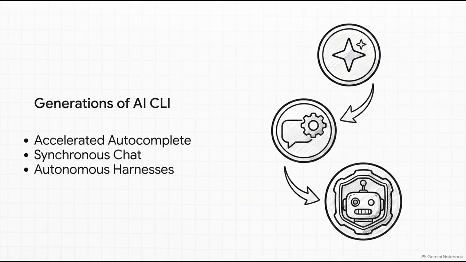Now we are fully entering the 3rd generation of autonomous harnesses, like Antigravity. These systems can ingest high-level requirements, formulate multi-phase plans, and run recursive tool invocations. That means they can independently use a tool, check the result, and then decide to use another tool based purely on that new data, all without stopping to ask you what to do next.